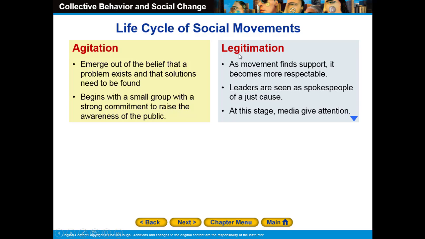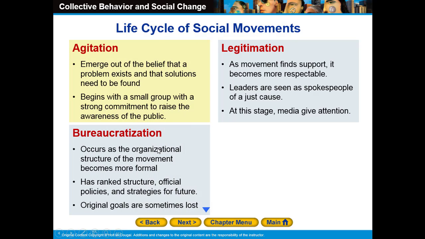The third stage or the third phase of the social movement's life cycle will be bureaucratization. Bureaucratization simply appears when the organizational structure of the movement becomes more formal. And by formal, I mean they have a leader and they have some assistants for the leader. Then they will try to get some financial support. There is a spokesman for the movement and there are a lot of committees for this